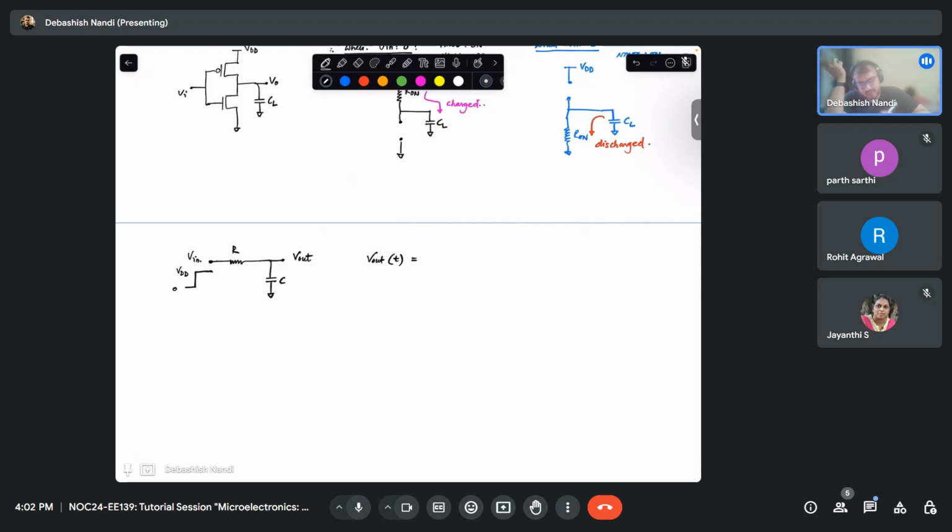You should be instantly able to tell, right? This is VDD times, these are basic stuffs. E to the power minus T over RC. So what is happening? This is your input signal. So output will simply start charging with this rate. This is your V out and this is your V in,